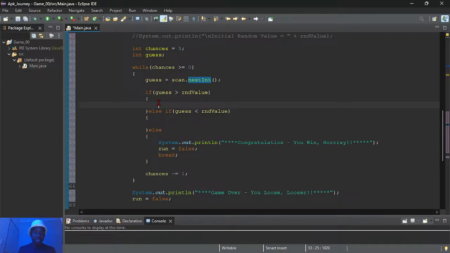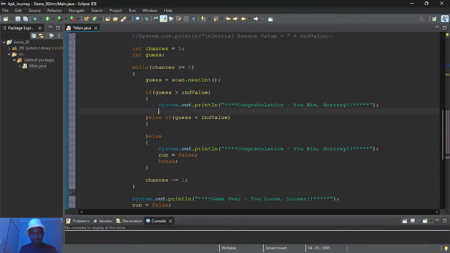So now what we're supposed to do is tell the user to guess a number which is lower than the number the user inputted. Hope it makes sense. How are we going to do this? So we can say something like: what guess is greater than the random?